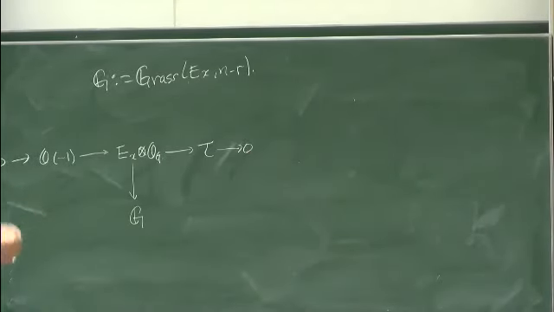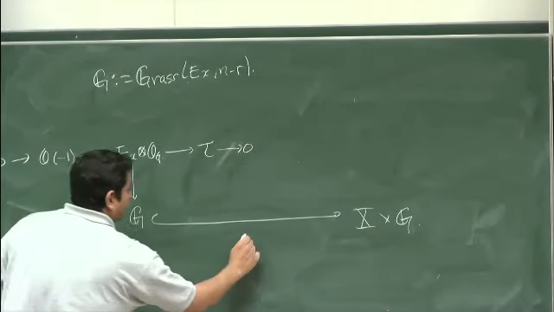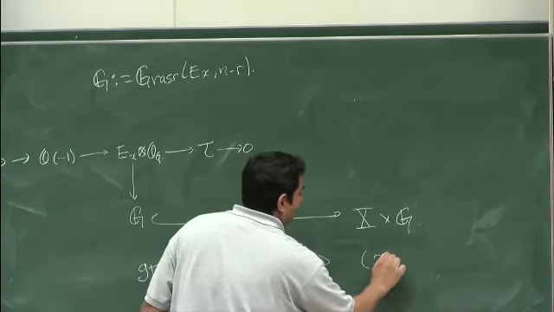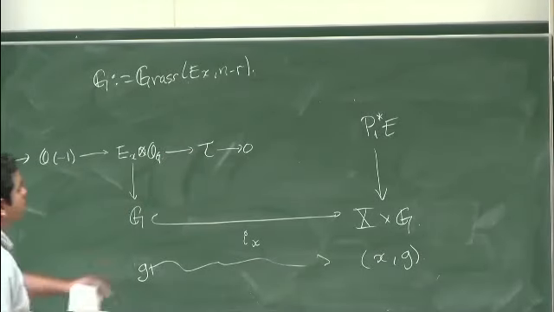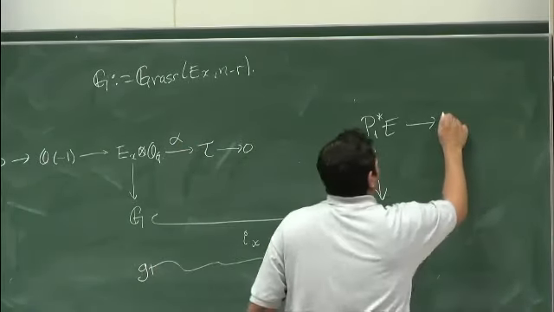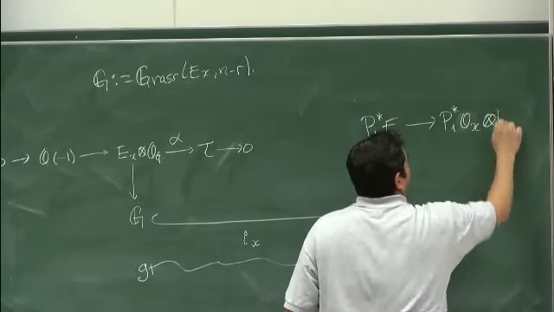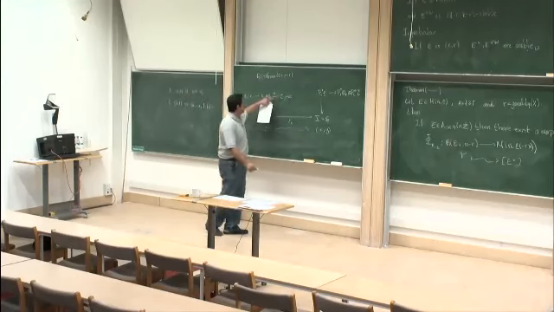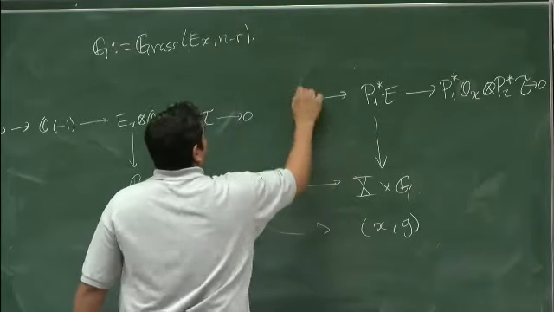of this type, and then I can give a morphism induced by EX, where if I take one point here, then I send it to the XG, and here I have the pullback of the vector bundle, and then I can describe with this morphism an epimorphism here from this pullback to this coherent sheaf, and as this morphism is surjective, then this is surjective also, and then I have the kernel